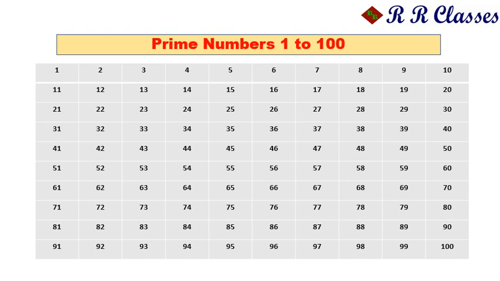Now let us see how many prime numbers are there between 1 and 100. So first strike out 1 as it is not a prime number. Now encircle 2 as it is a prime number and strike out all even integers 4, 6, 8, 10,